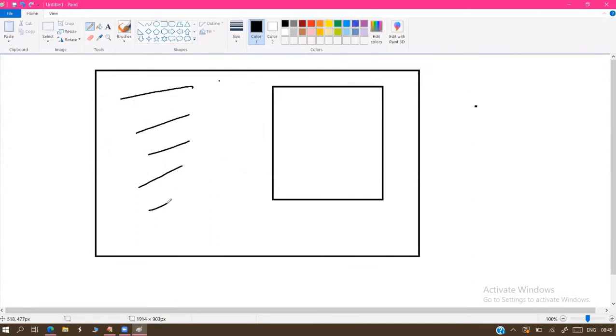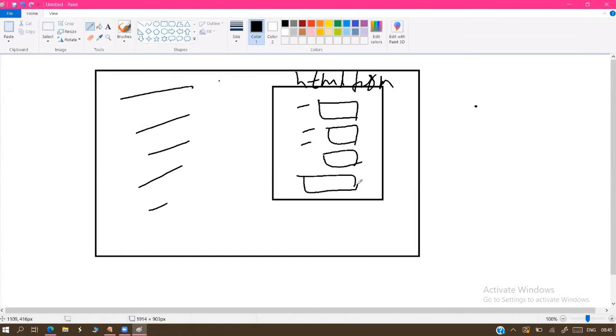This is the HTML form. Here we have user interface elements: text boxes, buttons, check boxes, and one submit button or something like that. So this box is represented as an HTML form. This is one layer. It is called HTML forms.